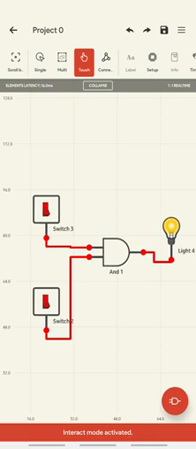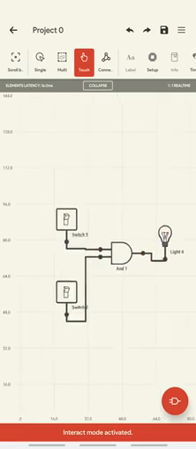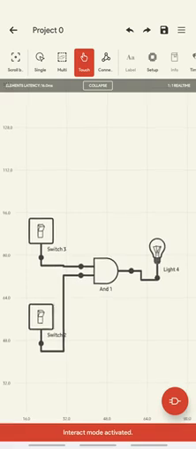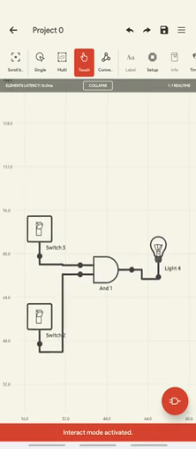If both the inputs are high, then the output is high, right? If I switch off any of the switches, output is 0. You can see this. So this is how you can verify this AND gate, right?